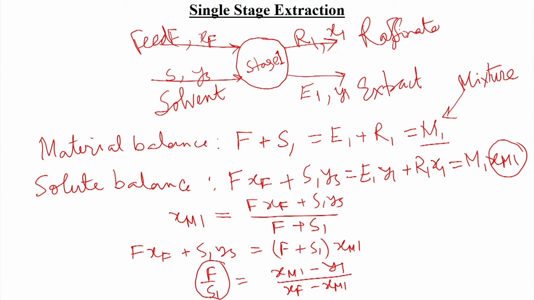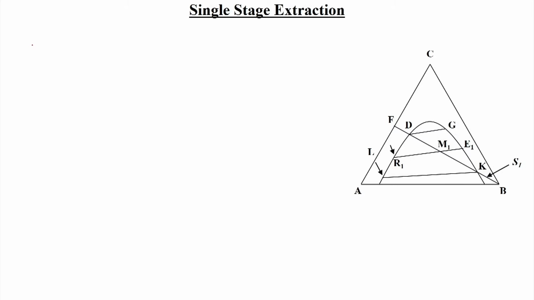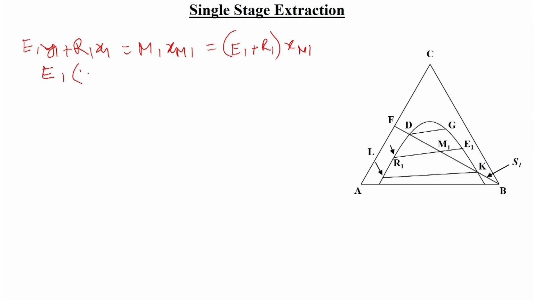Okay. And again we can say E1 into Y1 like this. If we try to get E1 by R1 or E1 by M1, we get E1 into Y1 plus R1 into X1 is equal to M1 into XM1, which is E1 plus R1 into XM1. Just in place of M1 we are putting XM1, and if we manipulate this we get E1 into (Y1 minus XM1) is equal to R1 into